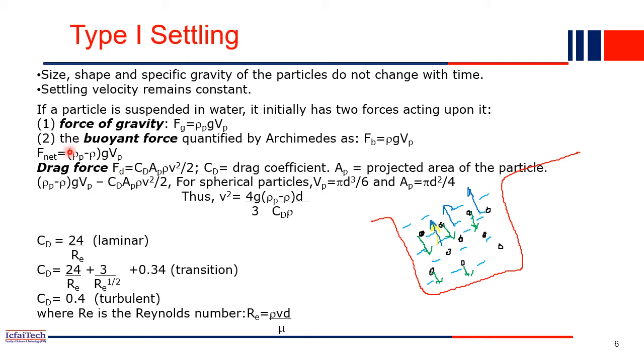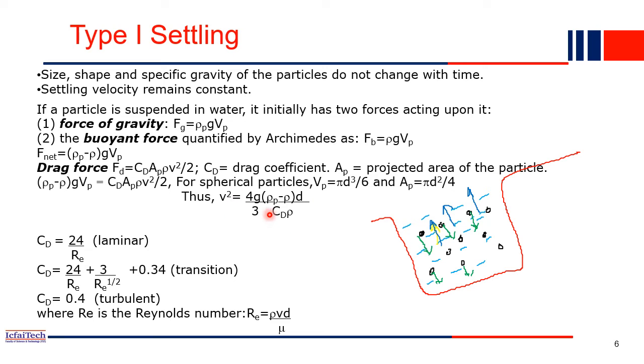So if you equate F net equal to the drag force, then you get the velocity at which the particle is going down. So this v is the velocity of the particle, right? If you equate both, from there you get the v expression. V is the settling velocity, basically the velocity at which this particle is settling at the bottom. So this is the expression for the settling velocity. Please remember, that is very much important.